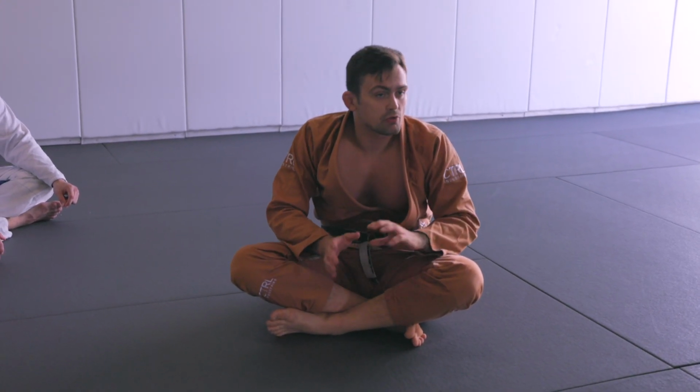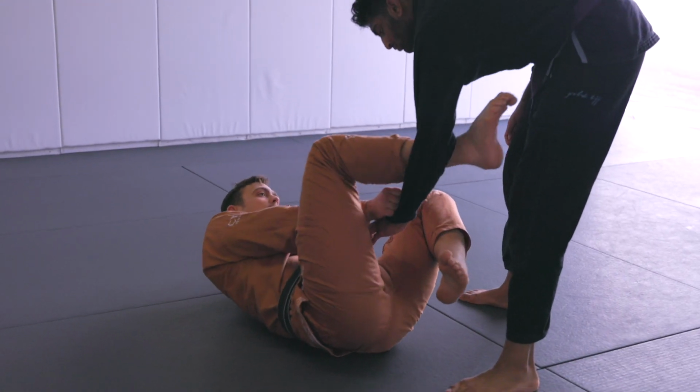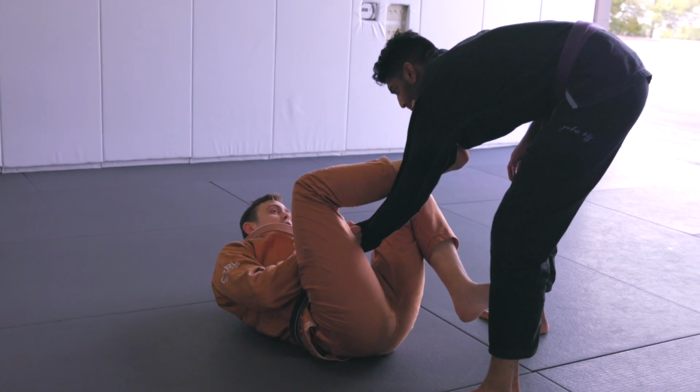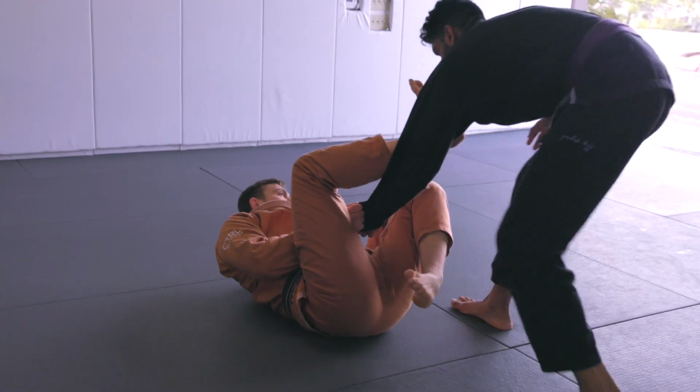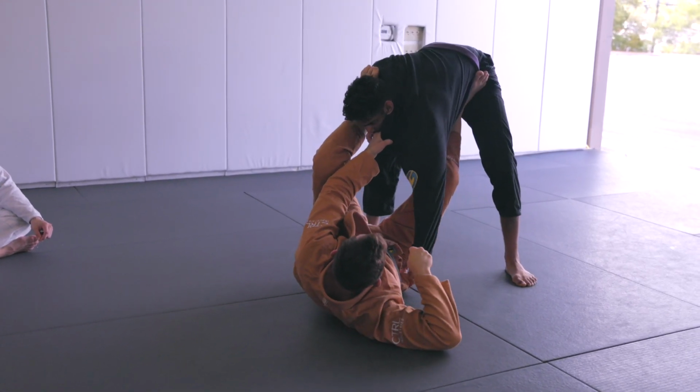So that's a situation in which we want to push, okay? And that's a big difference between the deep and the shallow lasso. The deep lasso is good for pulling, whereas the shallow lasso is really good for pushing, okay? So if he tries to get to the side, I can carry myself back in, start getting to whatever position